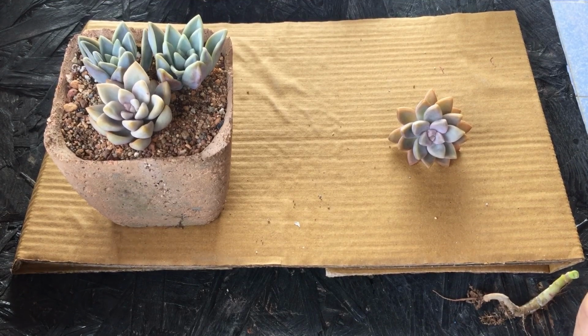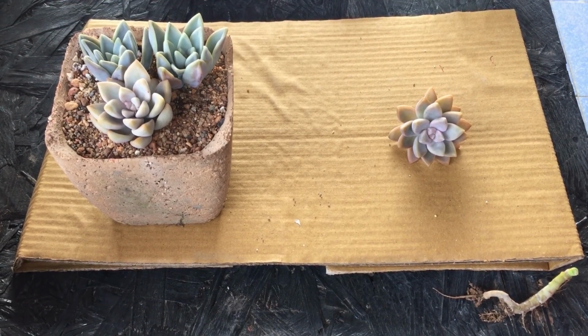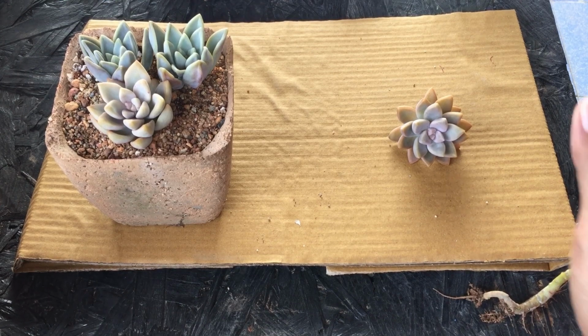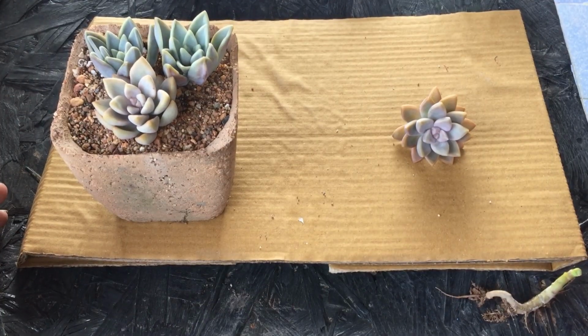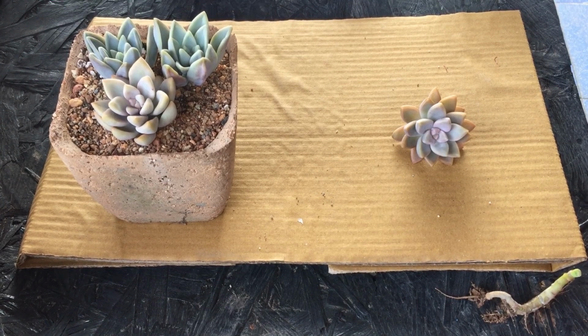Again, guys, it's all up to you. If you want to experiment, you're all free to experiment with your succulents. But whenever you're seeking any advice from me, I'll try to give you the safer option, which is keeping them out of the soil for at least 2 to 3 days for them to callus. Then it depends upon you if you want to put it into the soil or if you want them to air root,